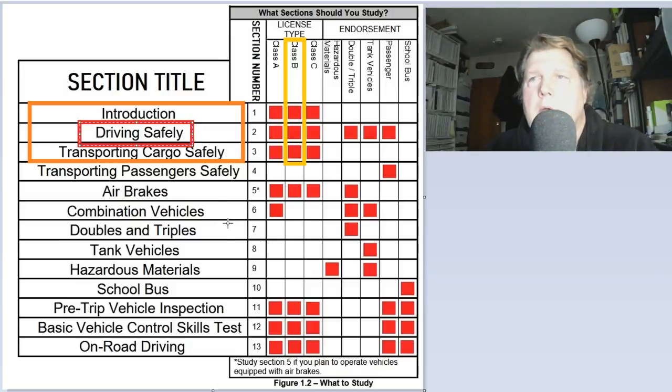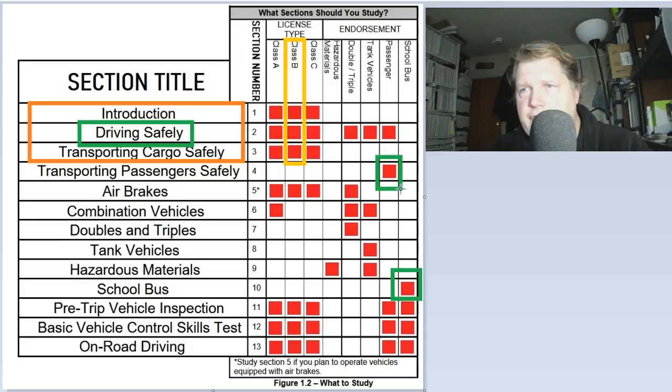Now, for driving a school bus, you have to take the school bus endorsement, and you have to take the passenger endorsement. Required for studying for the passenger endorsement, you need to make sure that you have studied driving safely. Now, irregardless,